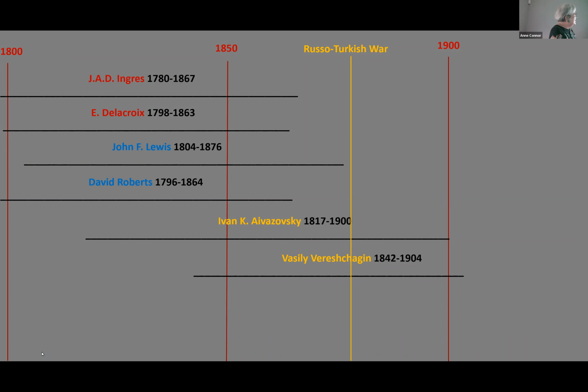And Gerome is running from the beginning of the 1800s to the end of, he goes all the way to the middle of the 19th century. Actually, no, it goes to 1904. But these are the previous generation that we looked at. And then we have the two Ukrainian and Russian, Aivazovsky and Vereshchagin, who also both had a rather long career and are not going to fall into the trap of Orientalism the way Said is looking at it, but are very interested in the culture.